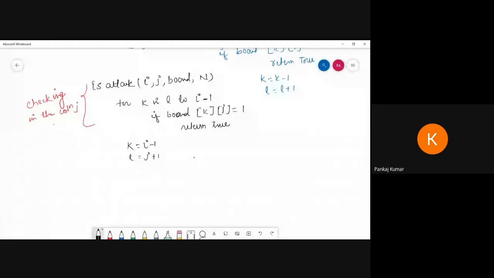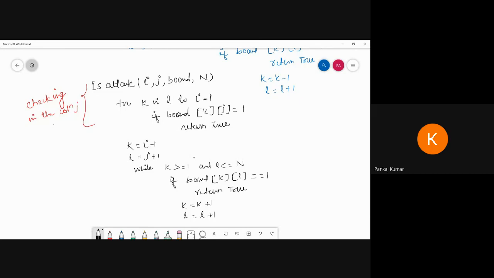And here I'm going to check while k is greater than or equal to 1 and l is less than or equal to n, then the same process I repeat. I'm writing if board of k comma l is equal to 1, then return true. Then I decrease the k value by 1, and increase the l value by 1.